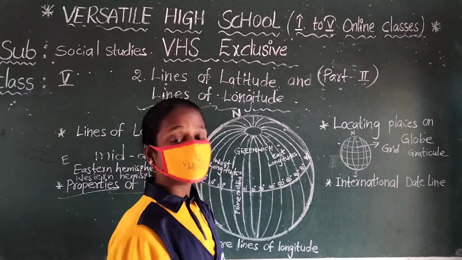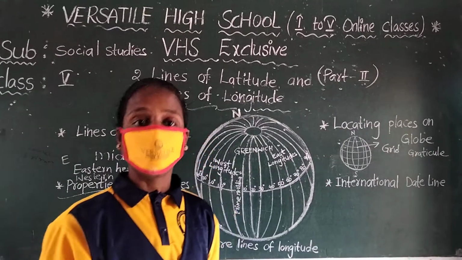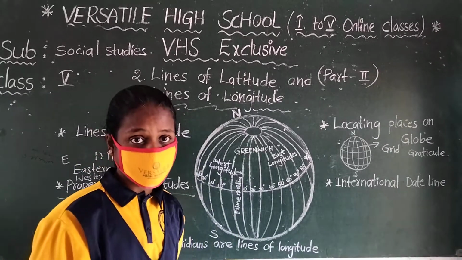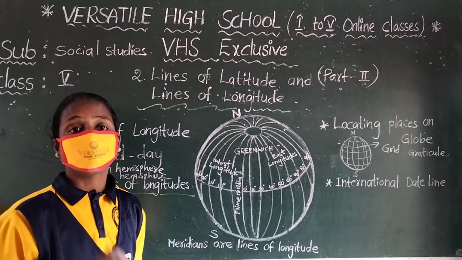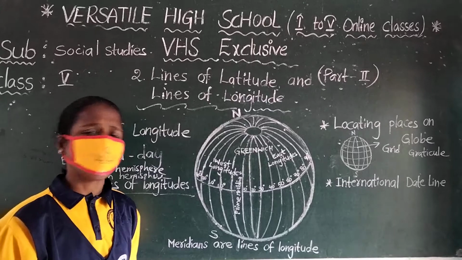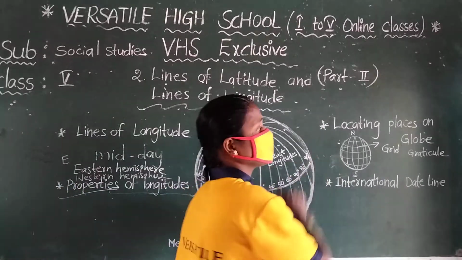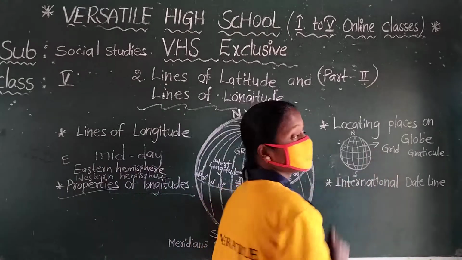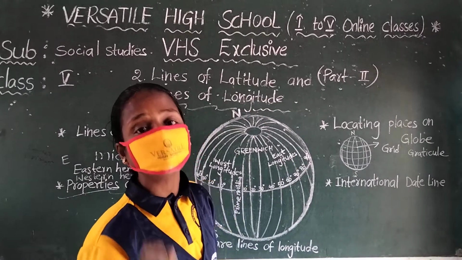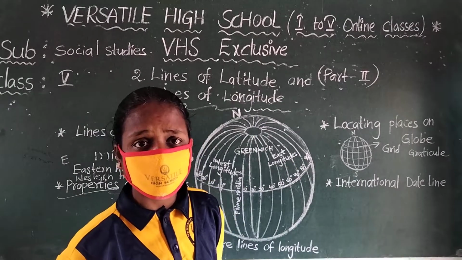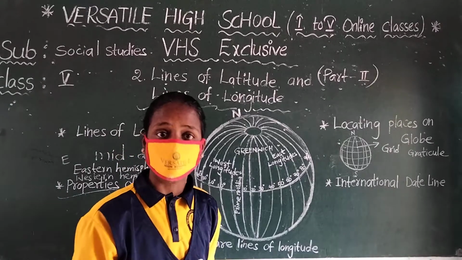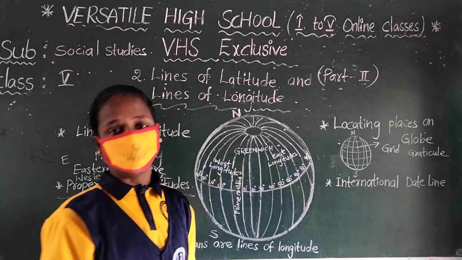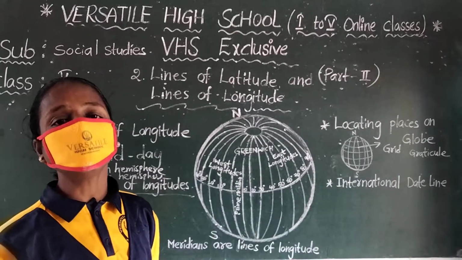That means grid is locating the places on that globe. Not only places; here places means we are taking countries, cities, towns, mountains, rivers. All those places we are locating on that globe. Children, listen carefully. Grid helps in locating a place on a globe. What places are we taking here? Countries, cities, towns, mountains, rivers. All the places we are locating on that globe with the help of grid.